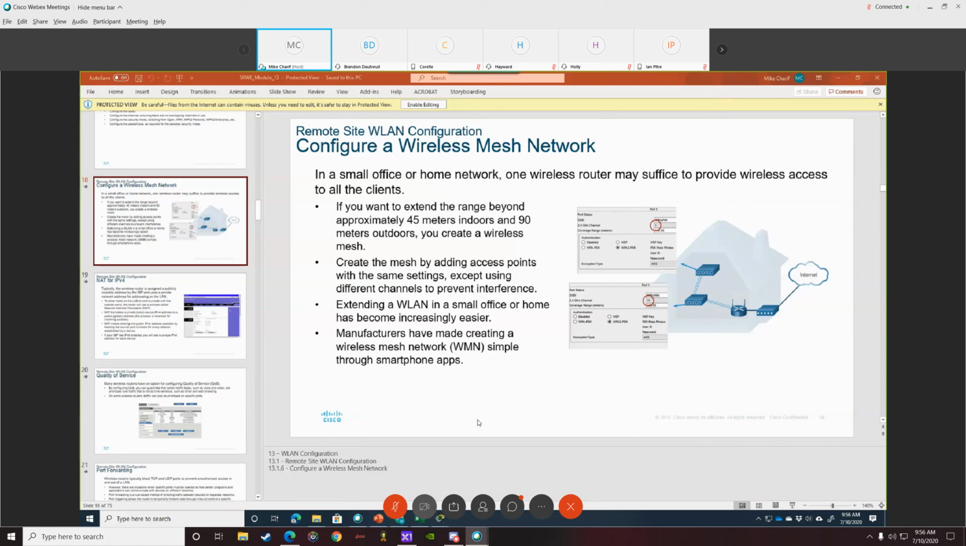Because remember that the signal is in the form of waves. So let's see. This is your wave, like here, like this. That's the wireless signal. So what happens is, if you have a wall over here,